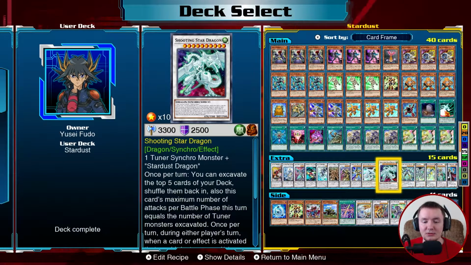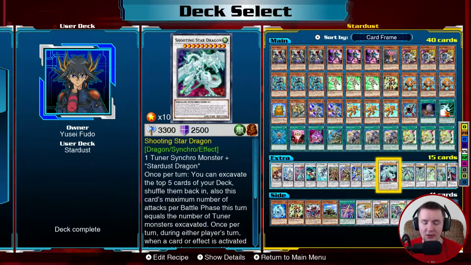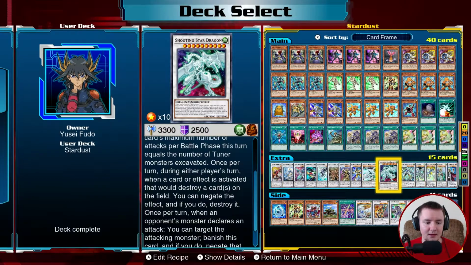So we are playing Shooting Star Dragon, which requires a tuner synchro like Formula Synchron plus Stardust. Once per turn, excavate the top 5 cards of your deck, shuffle them back in, and he gains attack equal to the number of tuners that were flipped up. And once per turn during each player's turn, when a card or effect is activated that would destroy a card on the field, negate it